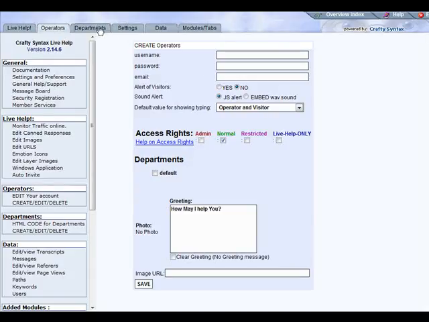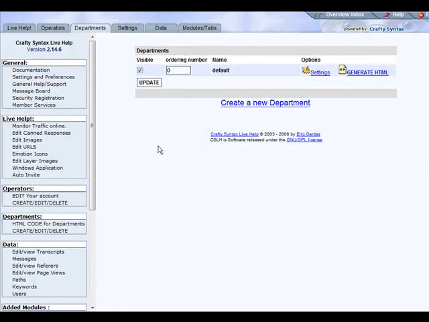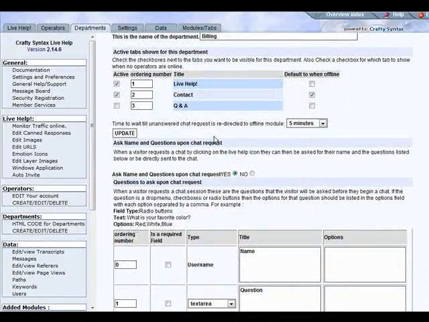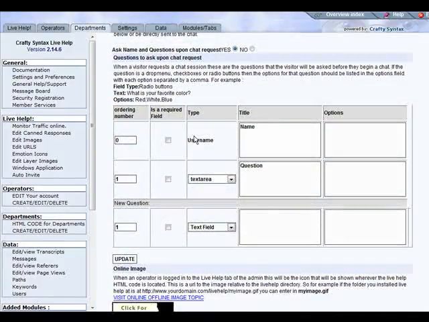The next thing we should do is departments. If you want to break down into departments, this is where you do it. If you had a department for each of your sites or something like that, you just create a new department and then fill out the information down here. So let's create one. Let's just create, say, a billing department. Then you click the boxes here to determine which functions you want for the tabs and when they're offline as well, which is the default. Okay, and then down here,